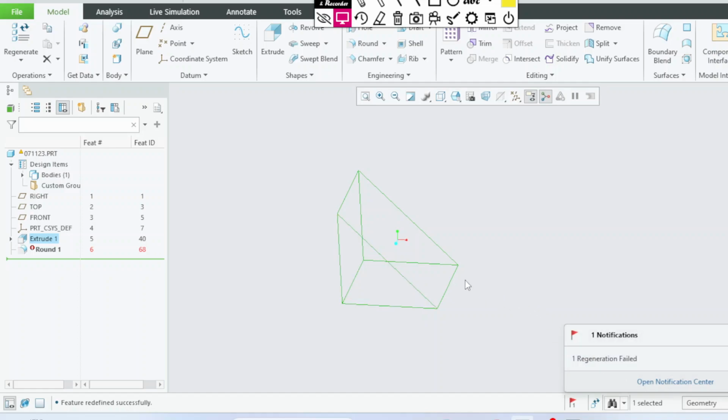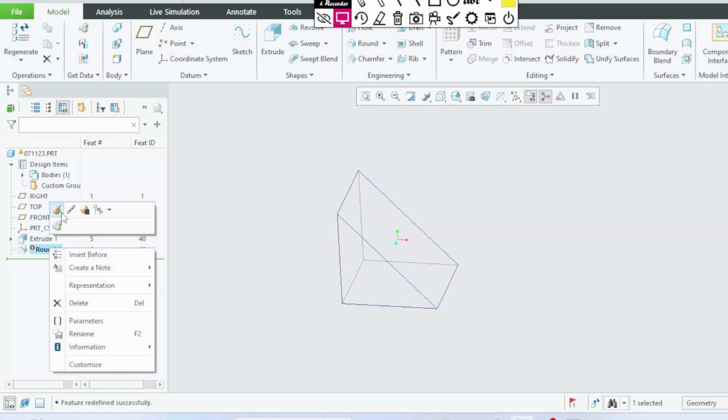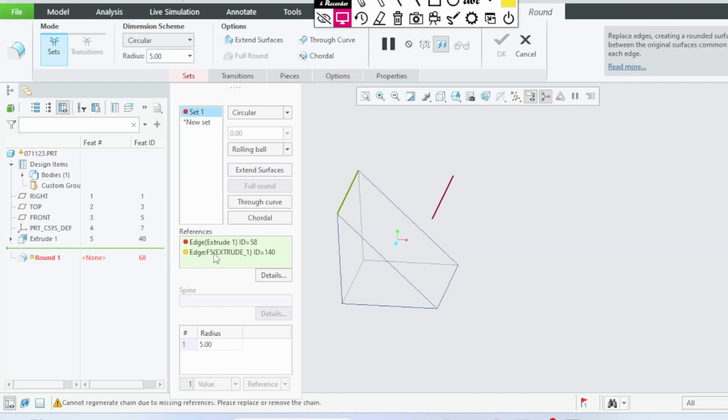One notification is also coming against this feature ID 68. So if I edit this round, then I can see this edge ID 58 is missing, this one. And if I right click and remove this ID,